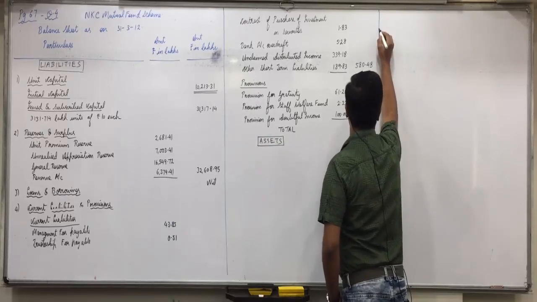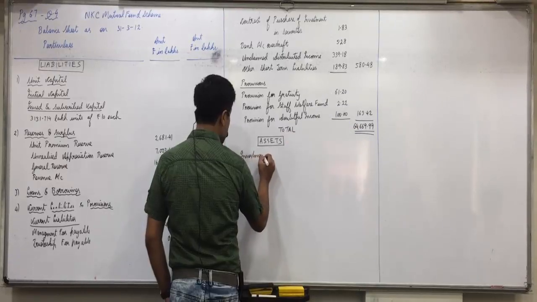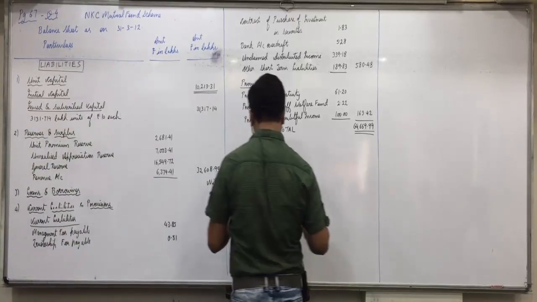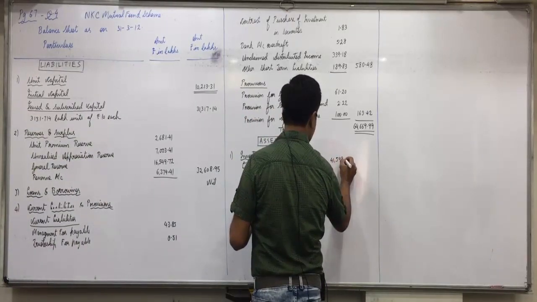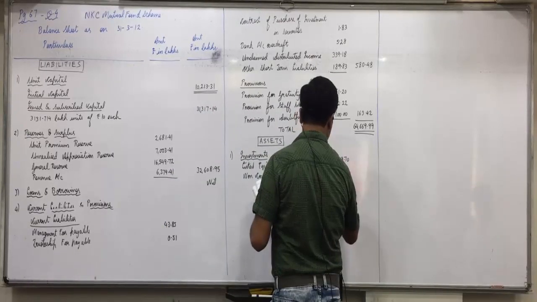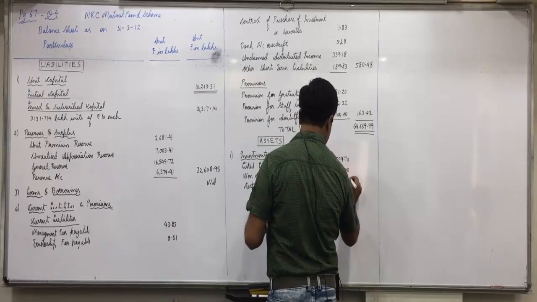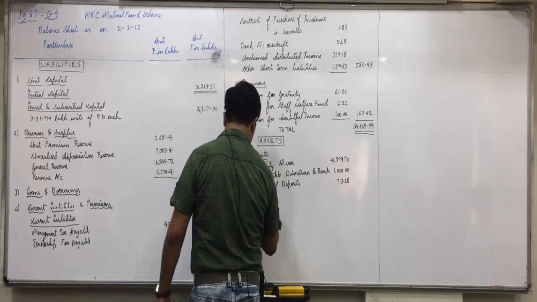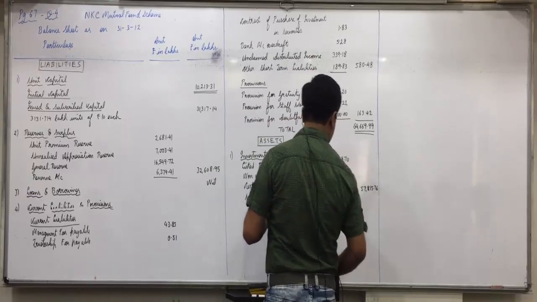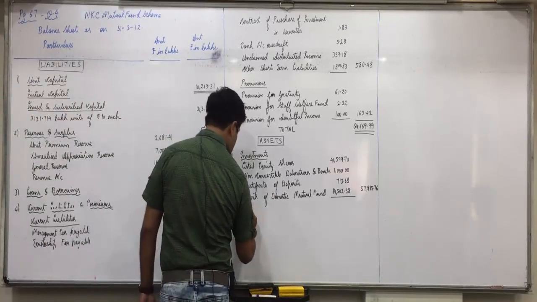Yes, in assets, what is the order? First asset to be shown is investments. Now that includes listed equity shares 41599.70, non-convertible debentures and bonds 1000, certificate of deposits 713.68, units of domestic mutual fund 14502.38. No other investments, so total 57815.76. Then after investments, which asset is to be shown?